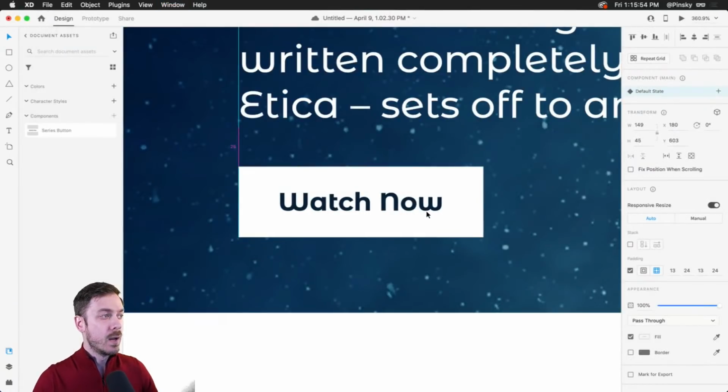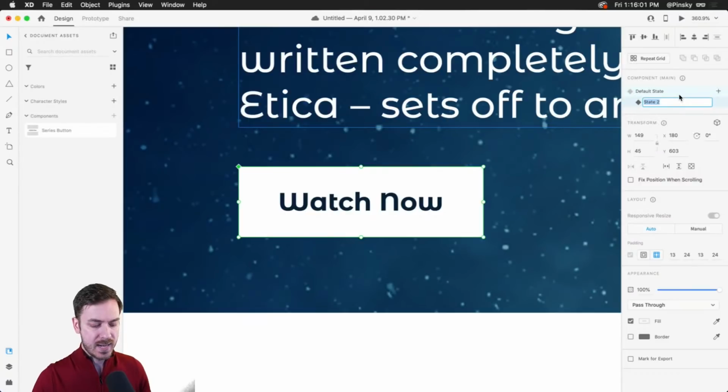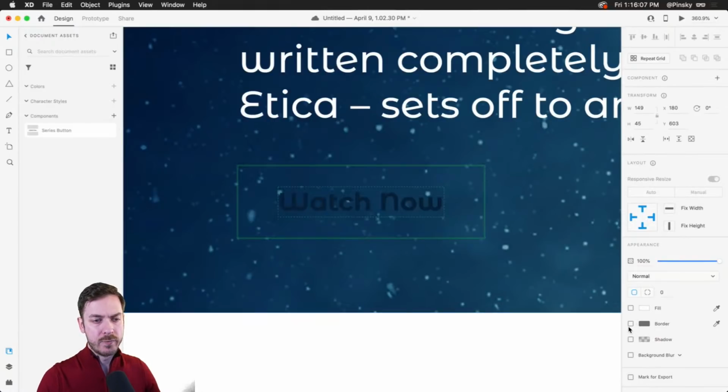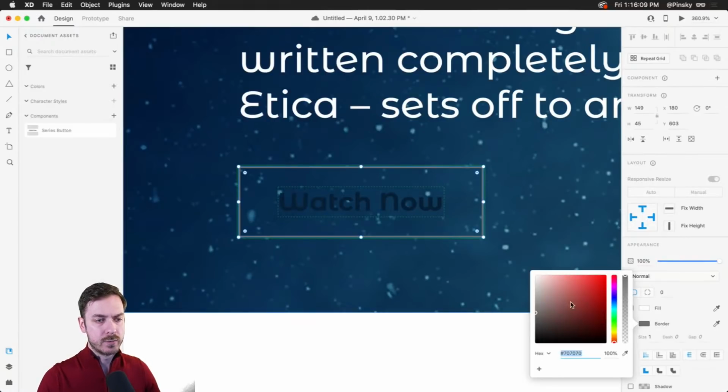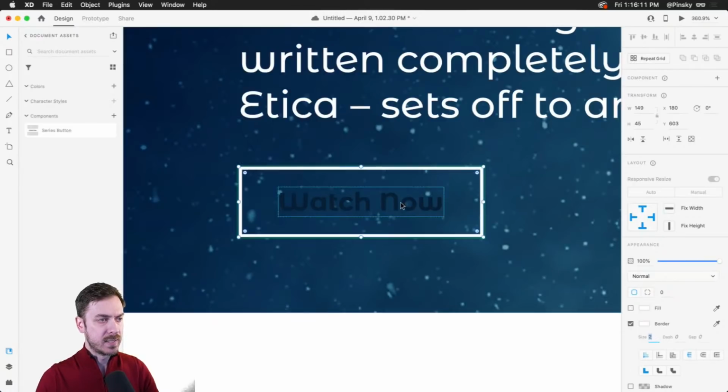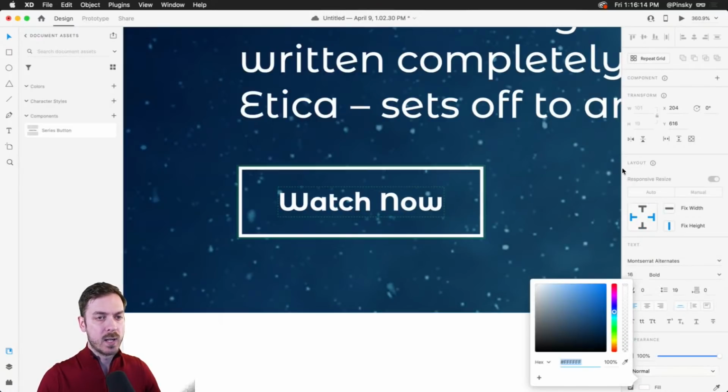It'll do, right? But what we can also do, and you'll see this in a moment, is create a new state, which we're going to do right now, which I'm going to call outlined. I'm going to dive in here. Let's go ahead and turn off the fill. We'll set a border color to white, bump this up in size a touch, and set this to white as well.